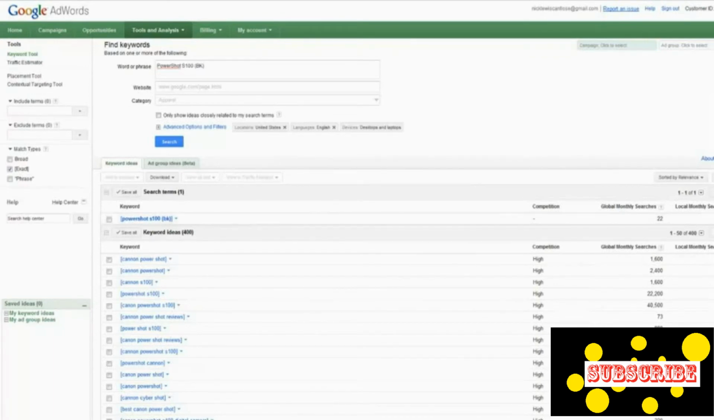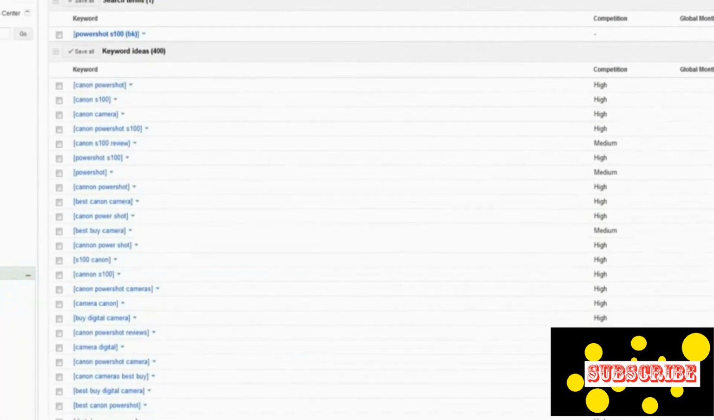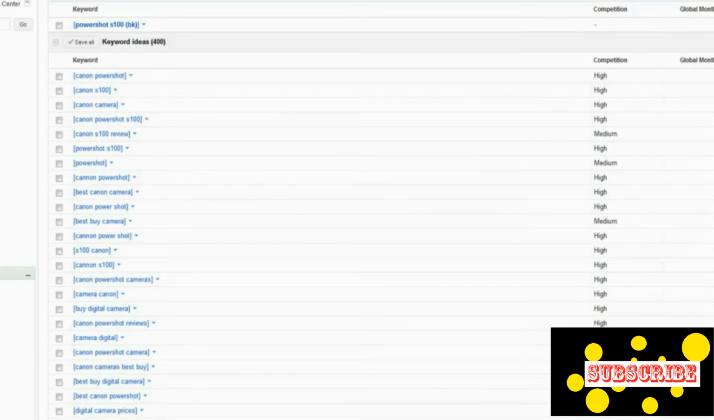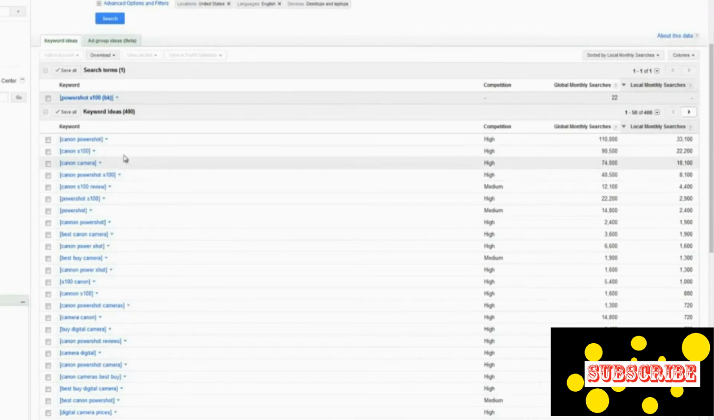So what we want to do is come down here and sort these by the highest and just start looking for something else that may be better. So here we see the Canon PowerShot S100. That gets 8,100 search results. That's a lot better than what we got up here for the PowerShot S100. So that's taking out the parentheses and adding the actual product name. So what we could do is copy this,